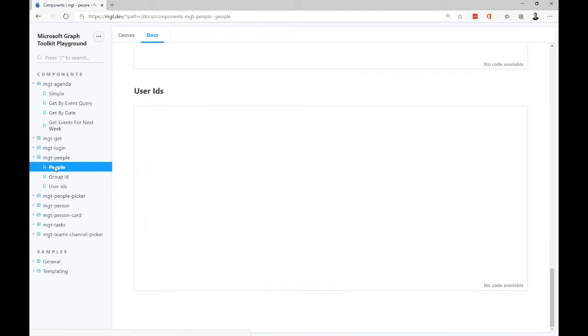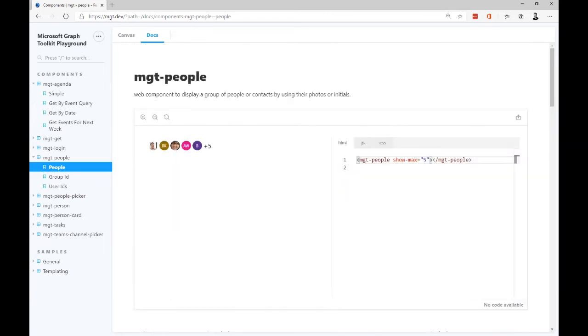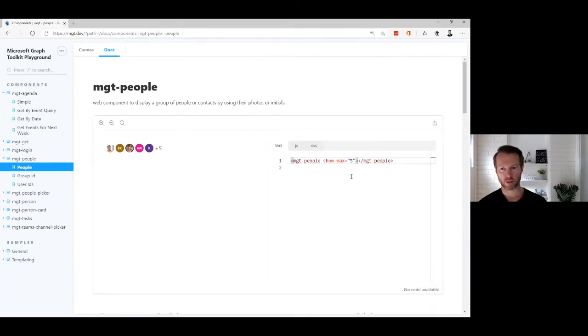Another example of that is the people component. Let me scroll up to the top of this page. Here it's just showing a list of people who are close to me on the graph. This is very similar to when we looked at Outlook and we just put our cursor in the field to address the email message, and it was suggesting people close to me or that I've recently interacted with. So here we can change the number of people that it's showing, and we'll see that it has a hover over card here, so I can start a chat message, send an email, start a phone call,